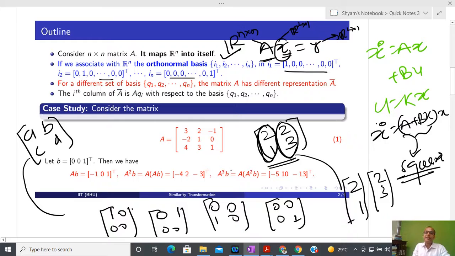So how many bases are possible for one space? How many different ways can I define the basis in some space? Anyone? Please tell me quickly. In the previous class we have seen that in infinitely many ways I can define the basis of the same space. Okay, but if I fix the basis, then the representation of a point is unique. That kind of thing I can comment.